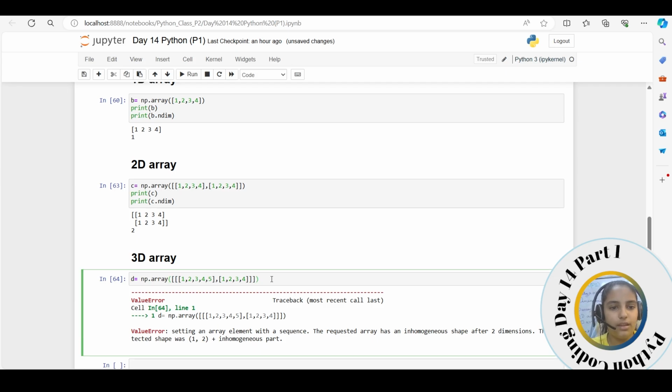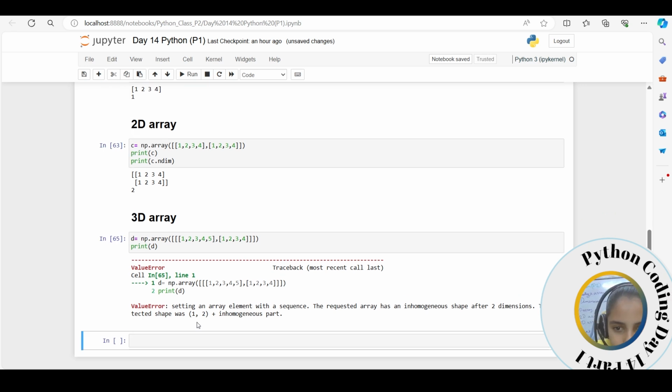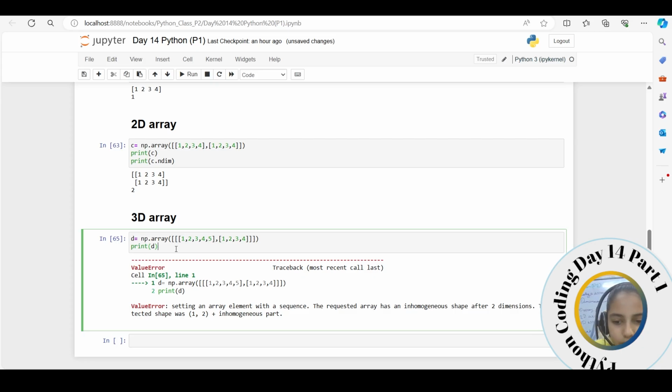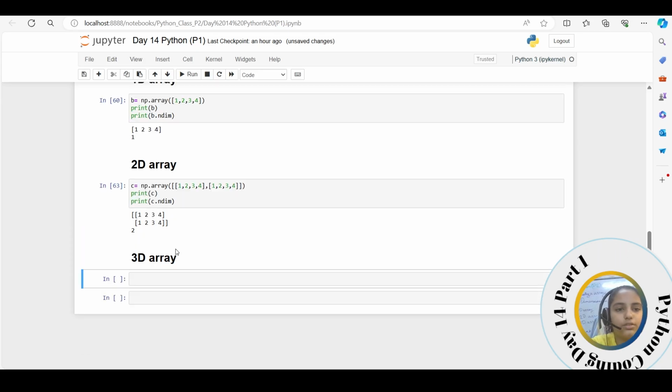Okay. Over here we will print d. Okay, over here it's some sort of error. I'll just make this again. Okay, so over here,